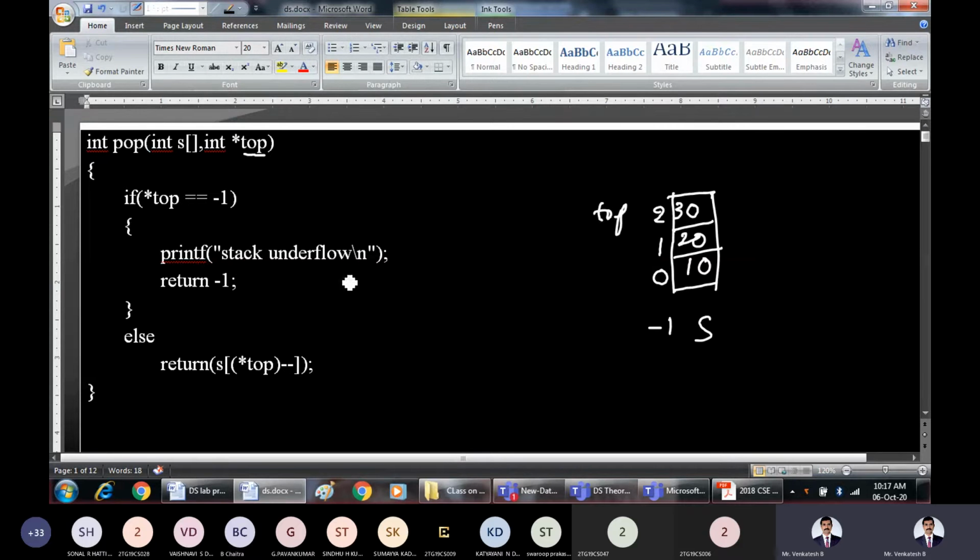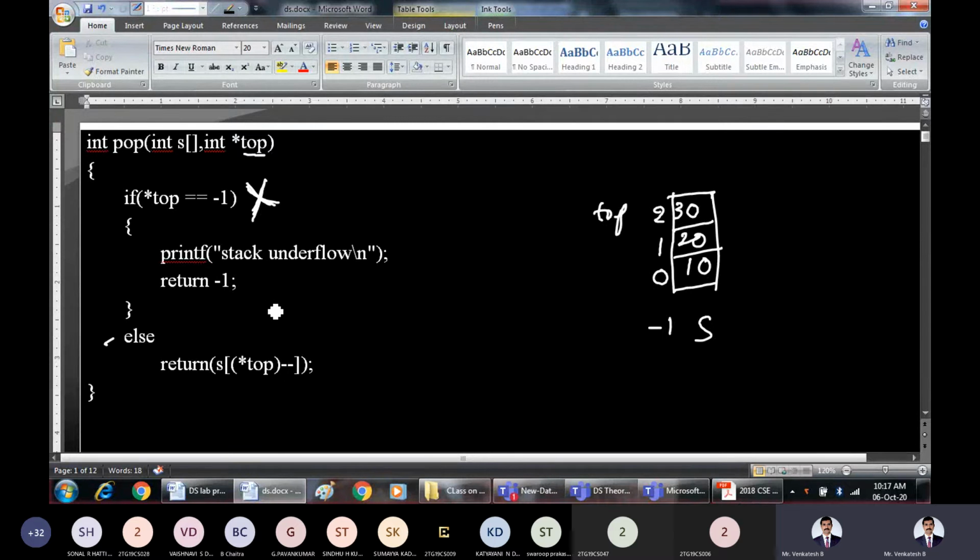So with this, I want to display the elements. But when you want to display or delete the elements, you should check whether there are elements on the stack or not. In this case, elements are present. Because if there are no elements, we cannot delete them. We say there are no elements if top is equal to -1. In our case, top is not equal to -1. That means this condition is failing. This condition will fail only when there are no elements and top is pointing to -1. Now we'll go for the else part.